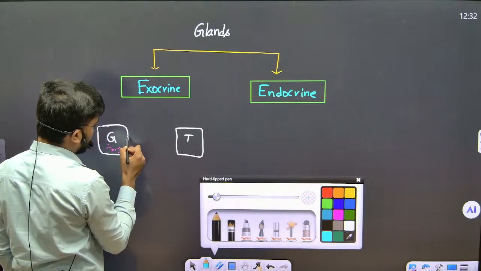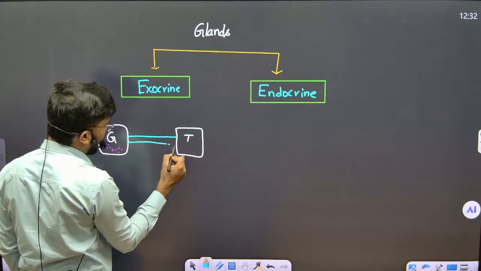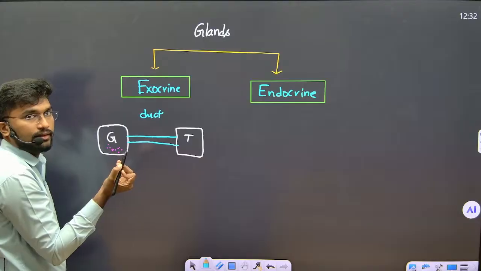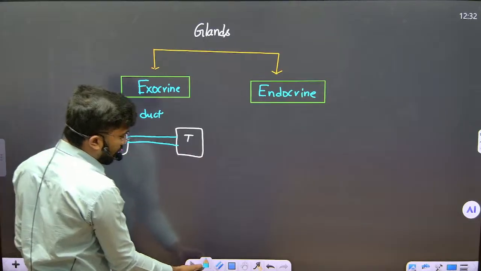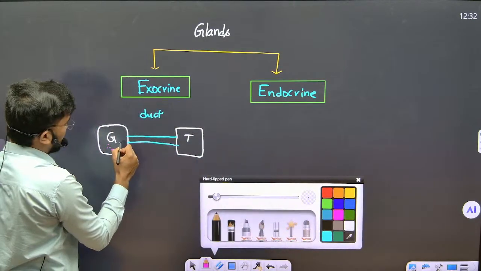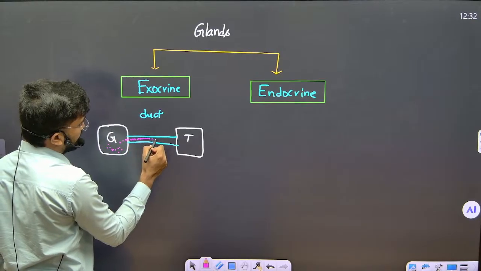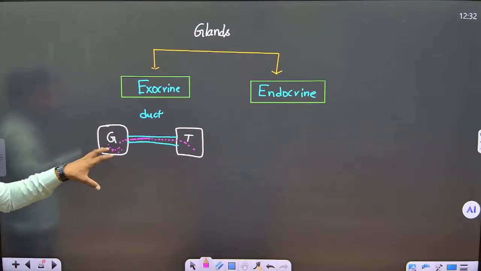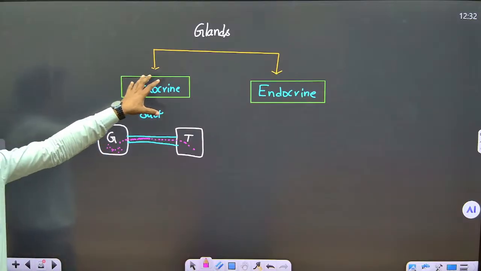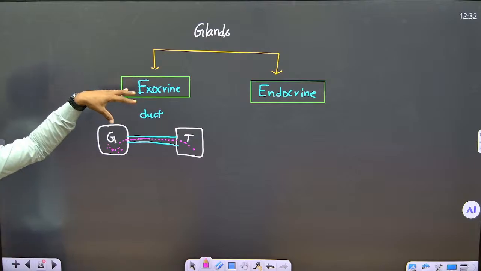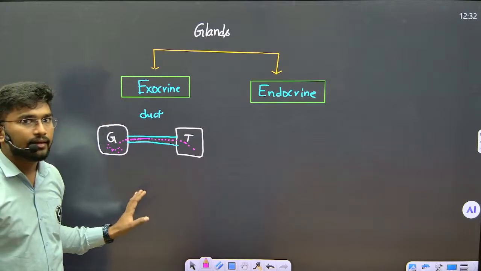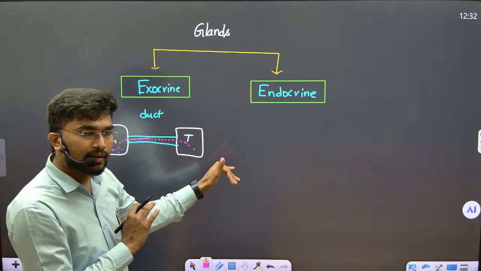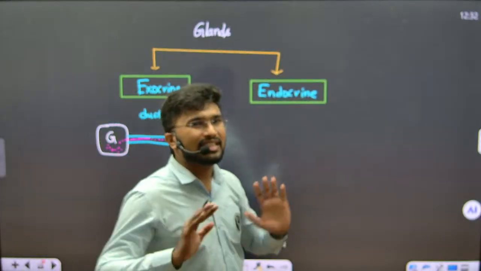It is reaching its target with the help of a duct. So with the help of a duct, these secretions are reaching the target. Clear? So this is the exocrine gland. This is how an exocrine gland looks. It produces secretion and it reaches its target with the help of a duct. Best example we can take